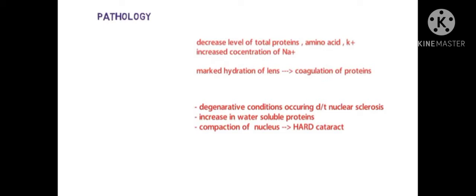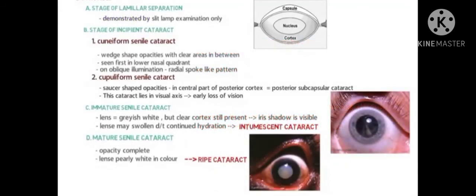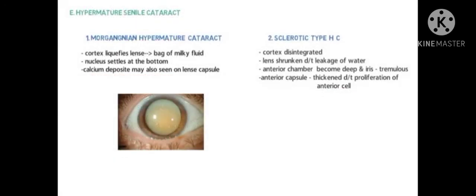formation of cortical senile cataract, and then we learn about formation of nuclear cataract. After that, we discuss the stages of maturation of cortical cataract, in which we discuss the stage of lamellar separation, stage of incipient cataract, stage of immature senile cataract, and stage of mature senile cataract, and after that the stages of hypermature senile cataract, in which there are two types of hypermature senile cataract, Morgagnian hypermature cataract and sclerotic